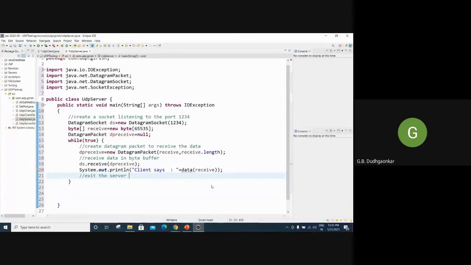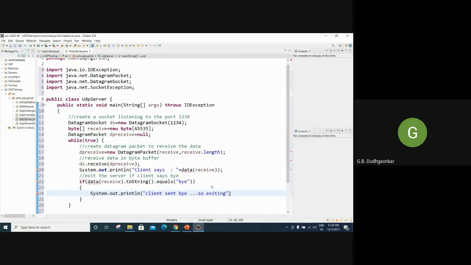For exiting the server, if the client says bye, you know that when your client types bye from the keyboard, at that time the server also exits and the client also exits. So we have to use if data in the receive to string dot equals bye, then you can print one line if required, and send "exiting".